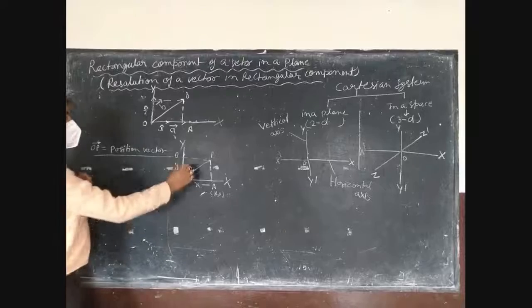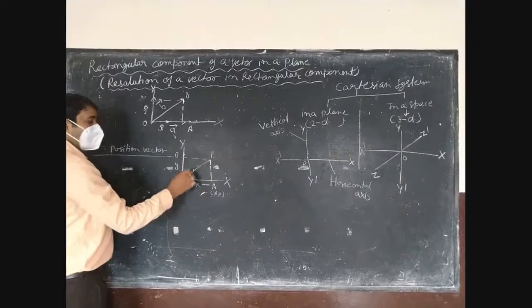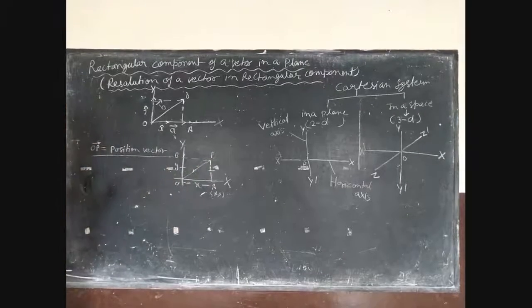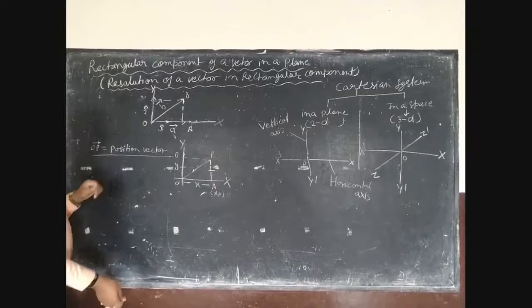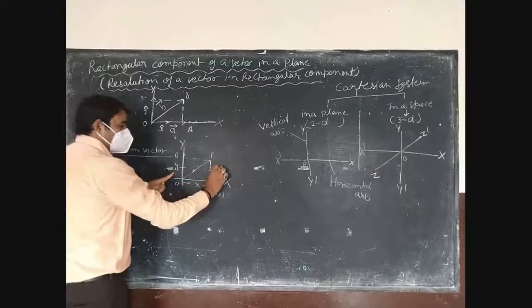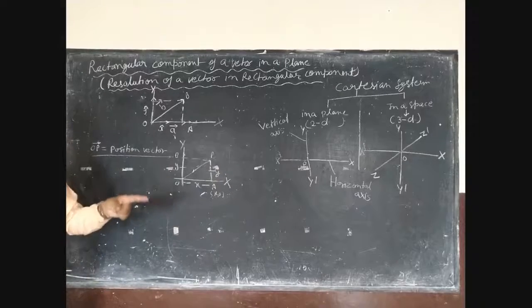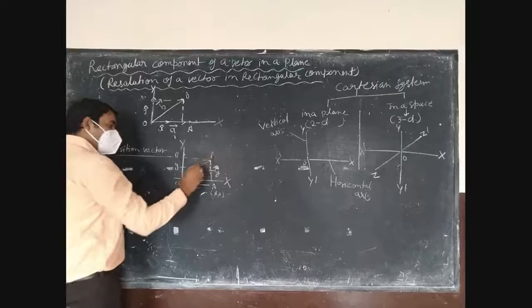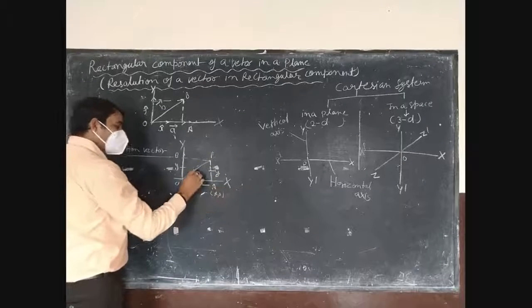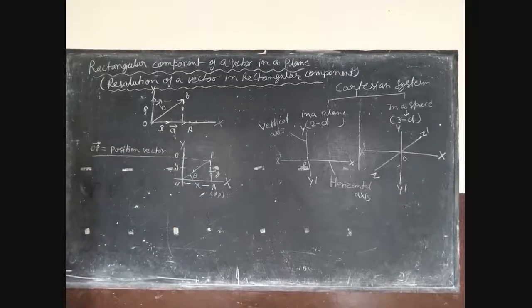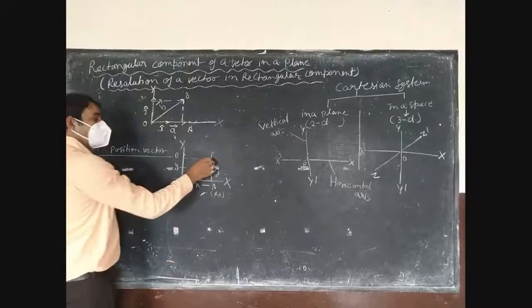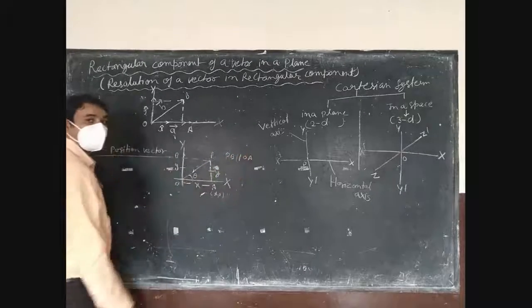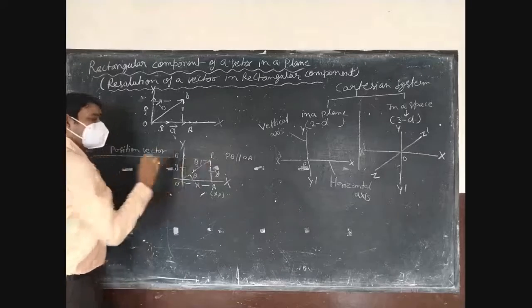Because these two lines are parallel to each other, we can say that OAPB is a rectangle. Clear? Now we can use this y here also, because opposite sides of a rectangle are equal. Now we observe that this OP is inclined with the x-axis at angle theta. Because these two lines, let's say PB parallel to OA, this angle is again theta because of alternate interior angles.